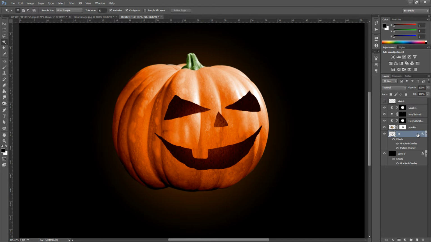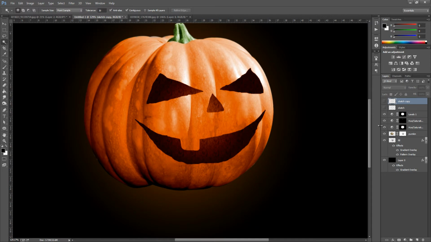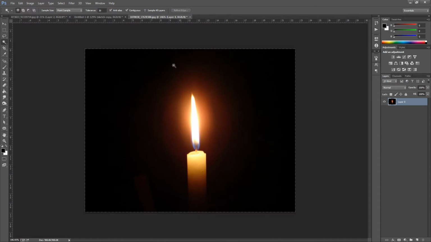So make sure that you have your sketch layer selected. Then the next thing we're going to do is we're going to go and jump over to our candle image. Now you will have a download of this, which would be in the file that you previously downloaded. So you should have already put it into Photoshop ready for us to use. So we're going to go and jump over to it. So this is our candle. All we're going to do is make a selection around it. So we're going to use the pen tool for this. So start from the bottom.